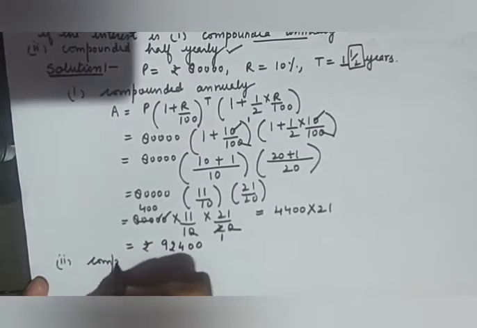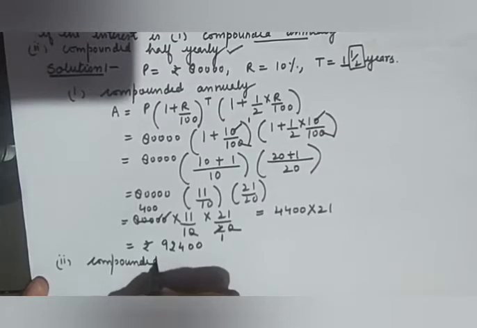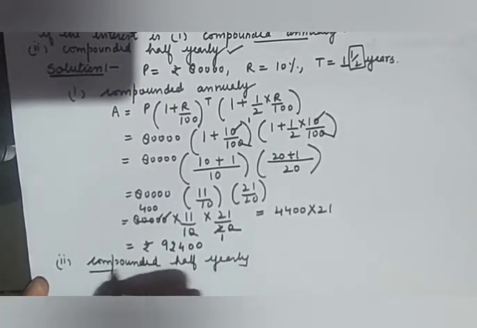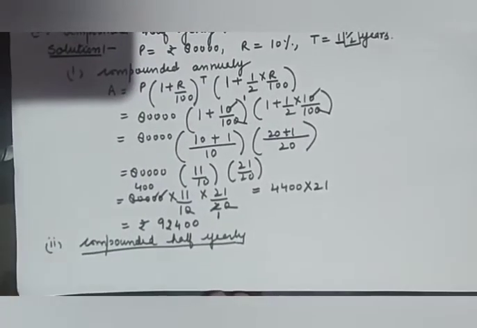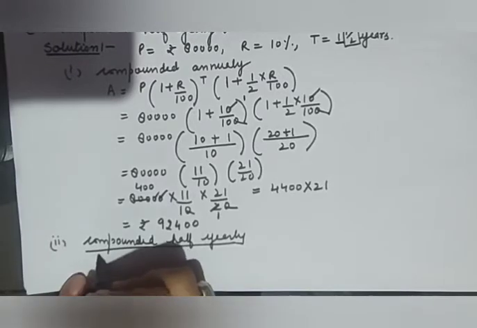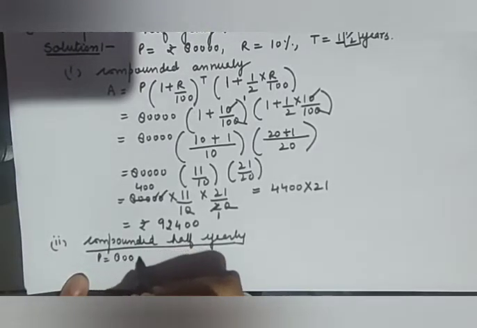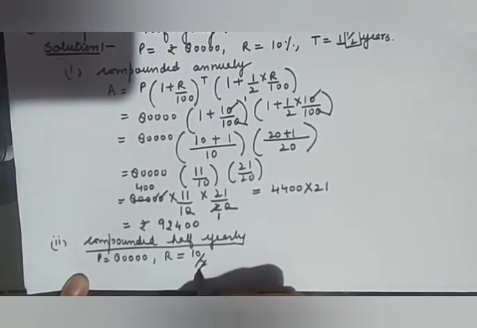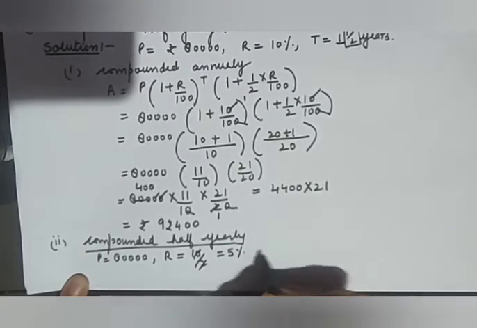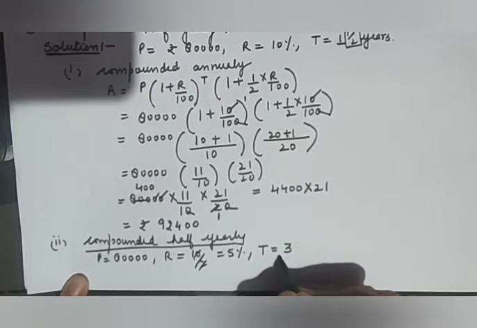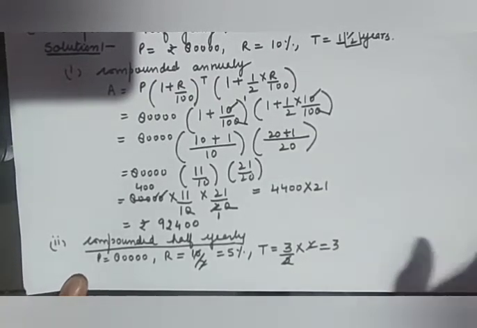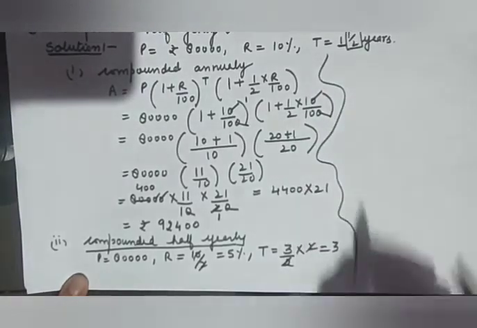Okay, so now let us calculate our interest half yearly. Whenever we compound our interest half yearly, it will be the same, just your rate will be divided by 2 and your time will be multiplied by 2. So P is already your 80,000. When you divide your rate by 2, you get 10/2, that is 5%. And when you multiply your time by 2, then you get 3 half years. So your time is how much? 3 here. So now let us again apply the formula.